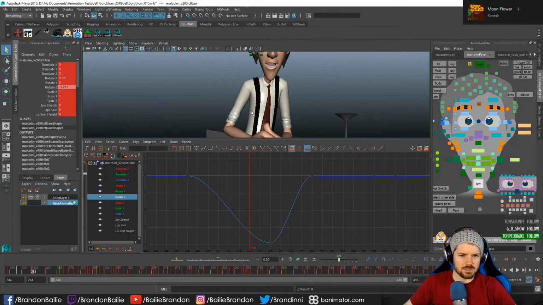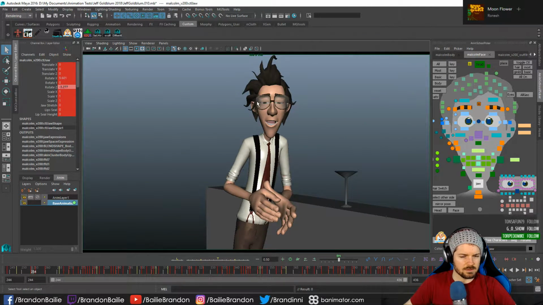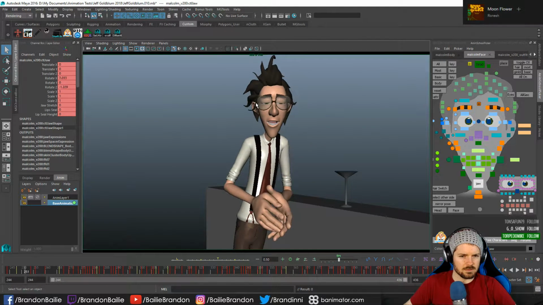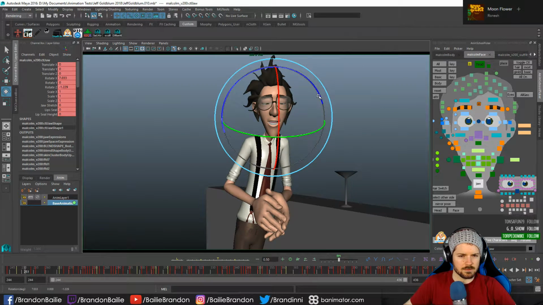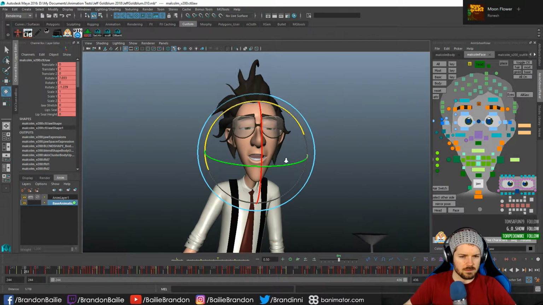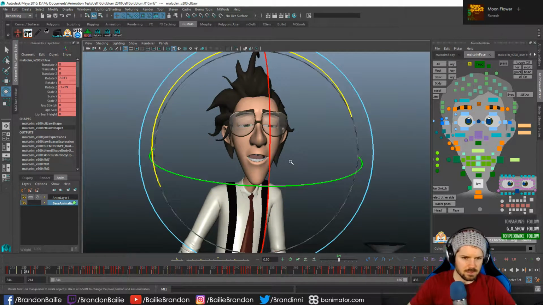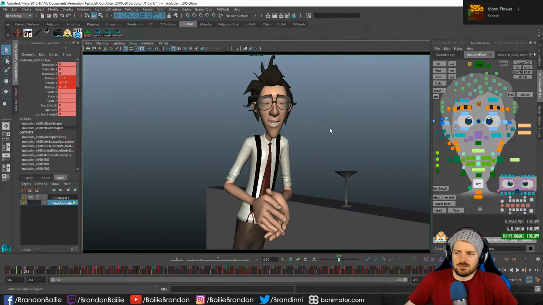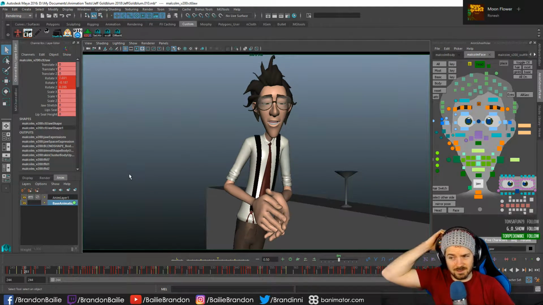Want to have that rotation act a little bit longer, or a little bit of drag. Also feel like this could be just a smidge bigger, so I can get that little extra bit of